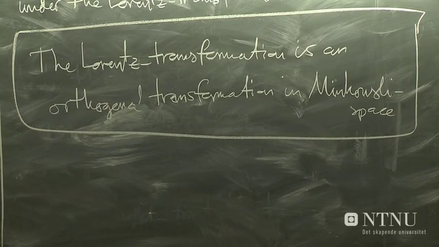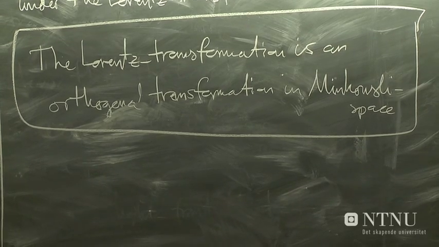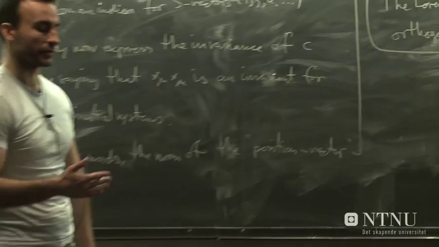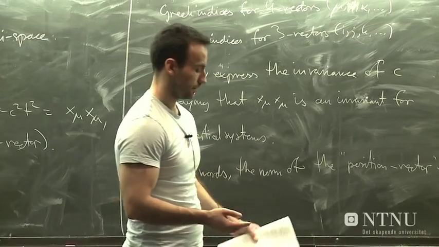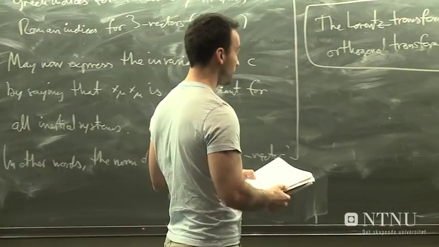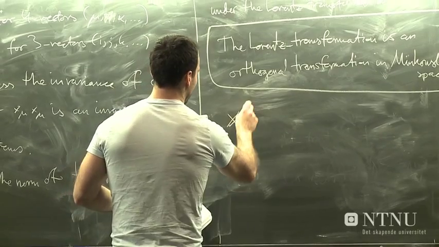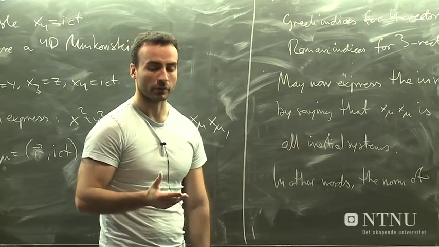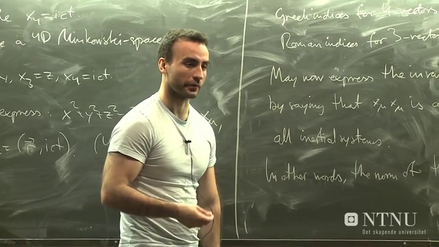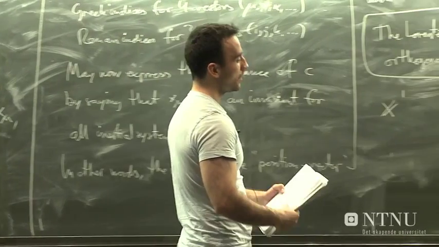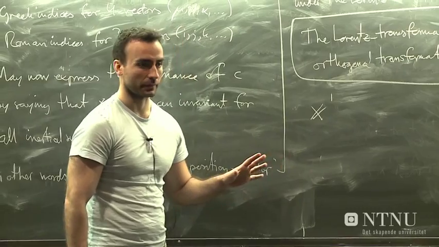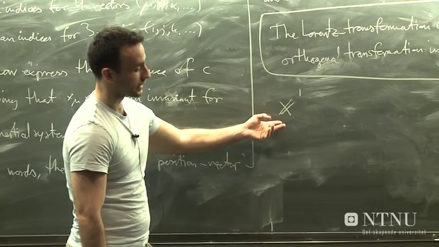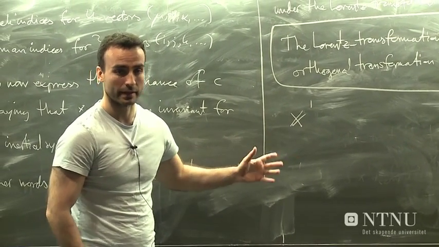The Lorentz transformation is an orthogonal transformation in Minkowski space. So it's orthogonal because it preserves the norm. So let's try to take into account all of these ideas that we developed, the formalism that we developed when dealing with the rotation of systems previously. So let's write this Lorentz transformation as a matrix equation,